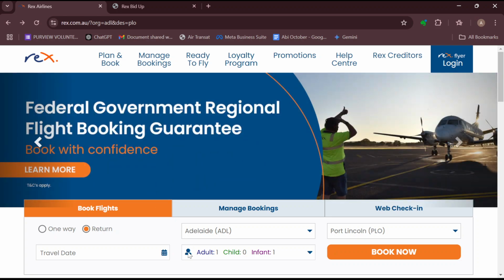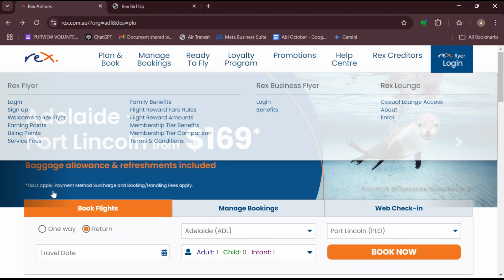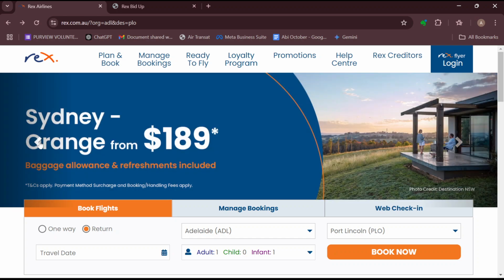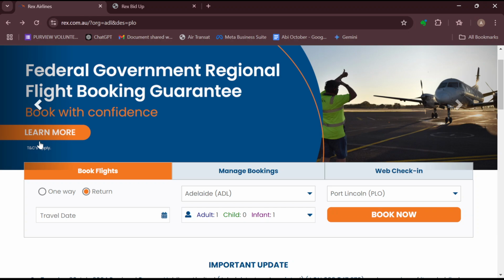In this tutorial, you will learn how you can purchase travel insurance on Rex Airlines. On most websites, purchasing travel insurance is included while booking your flight, and Rex Airlines is no exception. So one major way you can purchase travel insurance is to log in to your Rex Airlines account and